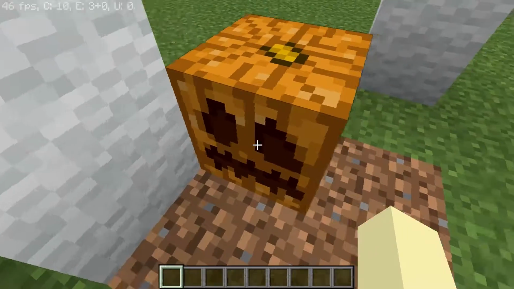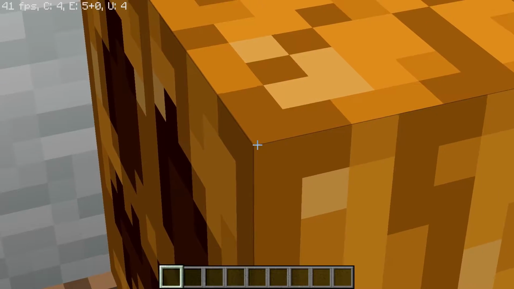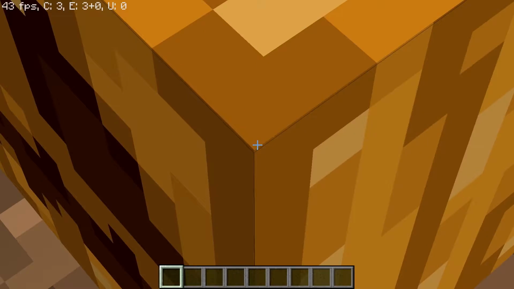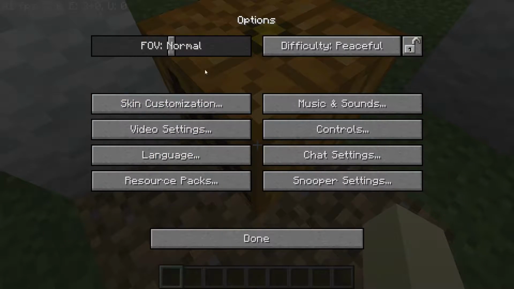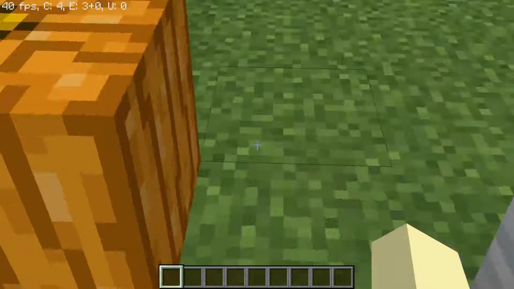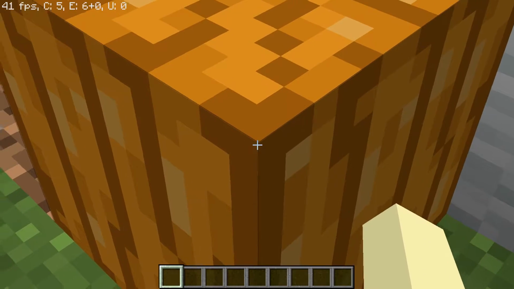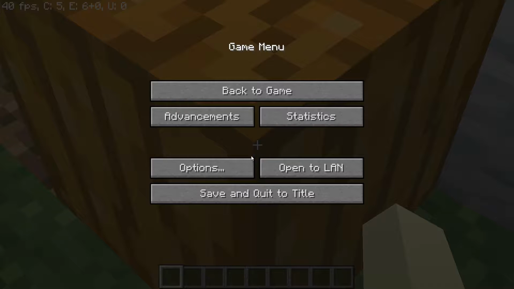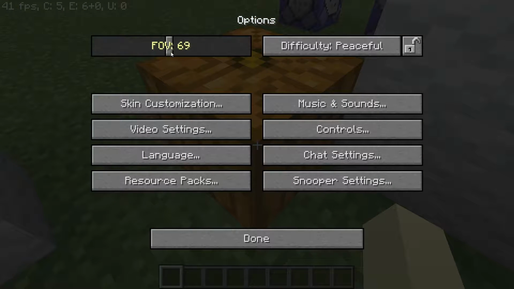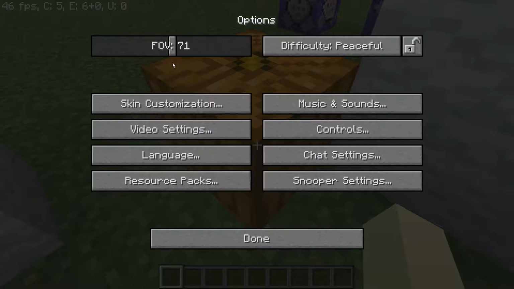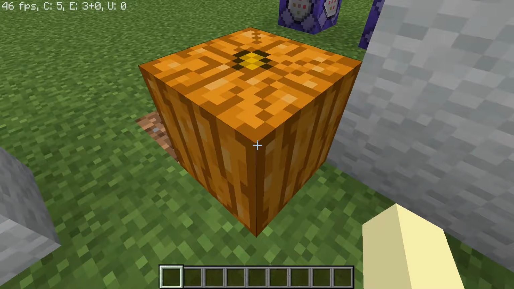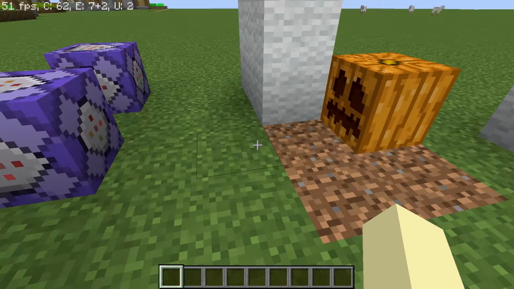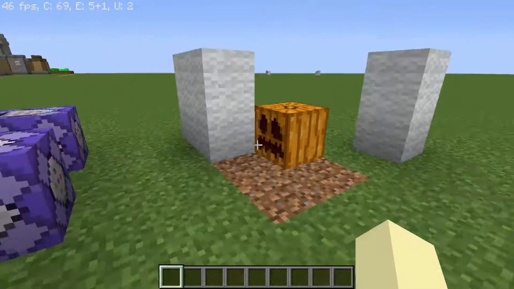So you can see this is always facing this way, and it's slightly rounder than a normal block. It's using the same thing, and it's because it's not perfect. It looks more perfect now. Oh right, only on one side. But you can see that it still is a little bit off. So it's kind of like a non-perfect square pumpkin block. I don't know. Yeah, so now let me just go ahead and